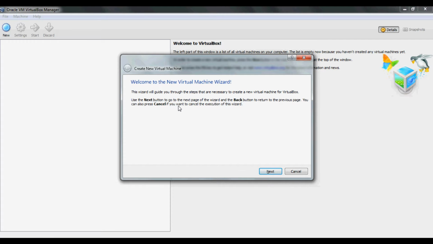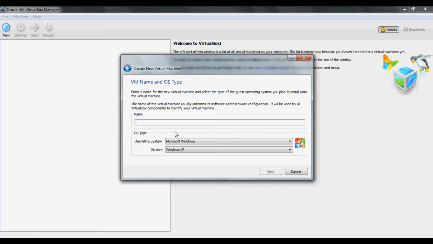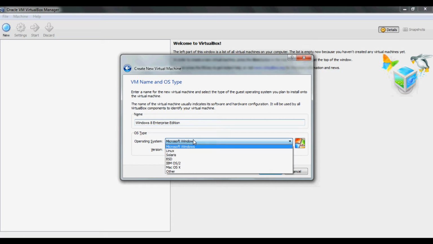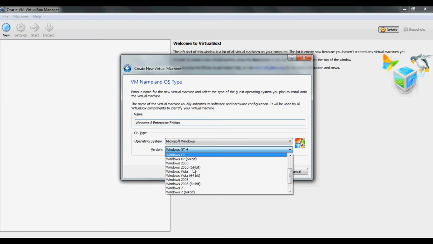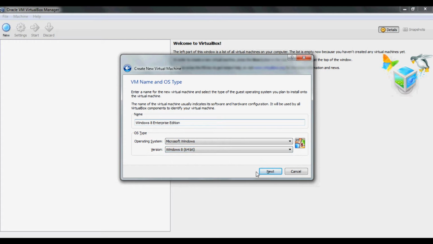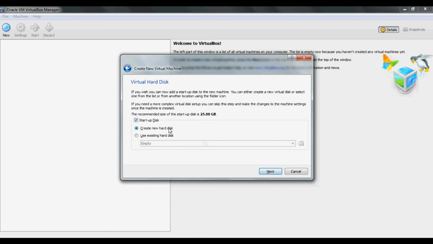So create a new virtual machine. Click on Next. I'll give it a name, Windows 8 Enterprise Edition. So select your operating system, which is Windows, and then you should get Windows 8 64-bit here. Click on Next. So the first thing is to set up a virtual disk inside your hard disk. So we'll create a new disk